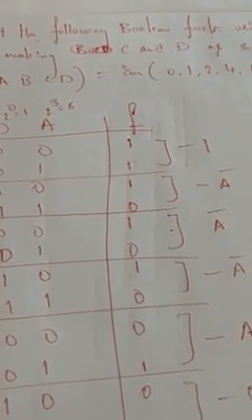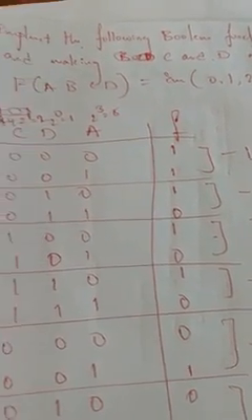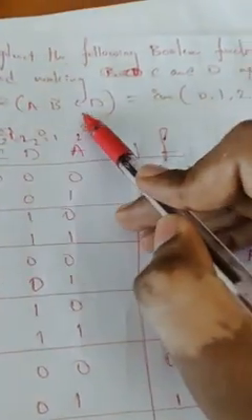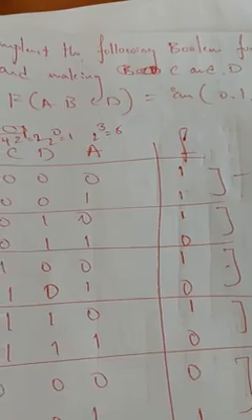If you want to make C and D the control inputs, which are the map entered variables now? So look at the expression first. F of A, B, C, D is equal to summation of. So F of A, B, C, D means the given expression is in the form of 16:1. We have 4 variables. 2 to the power of 4 is 16. So the given expression is in the form of 16:1.